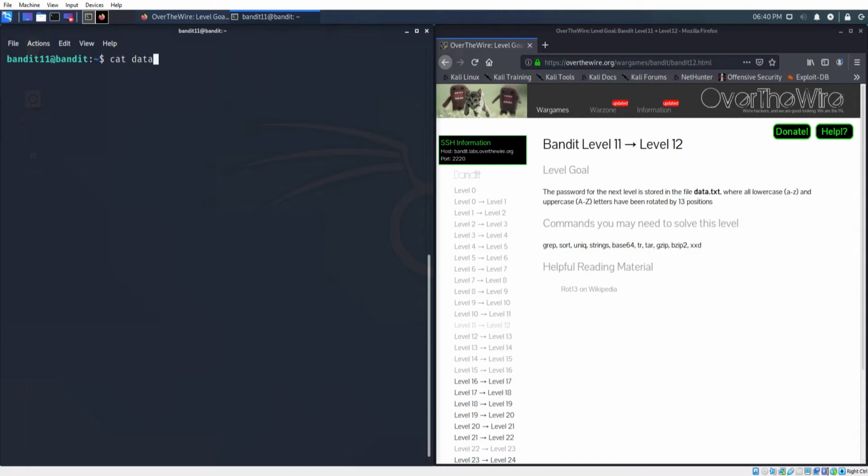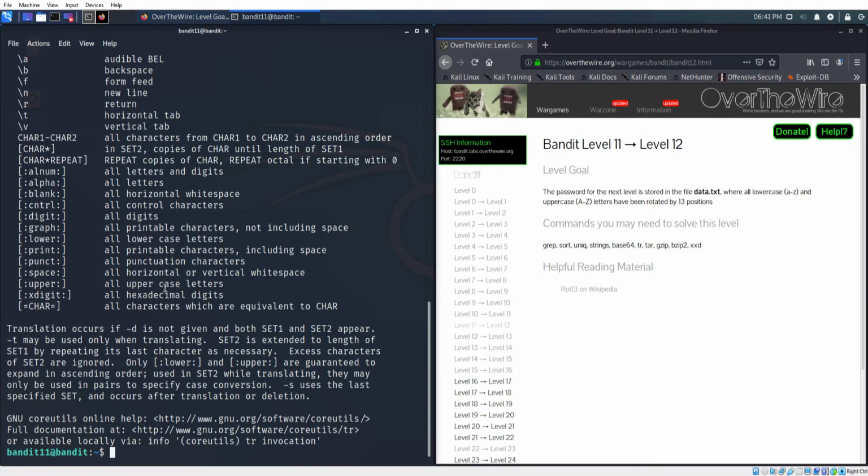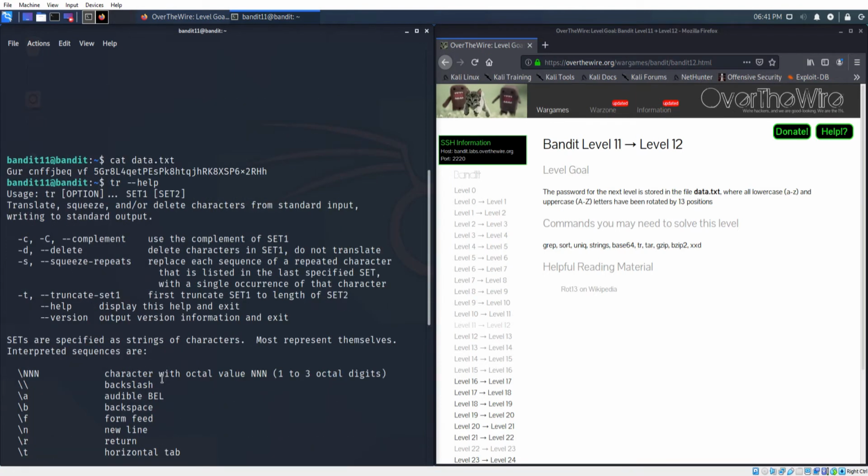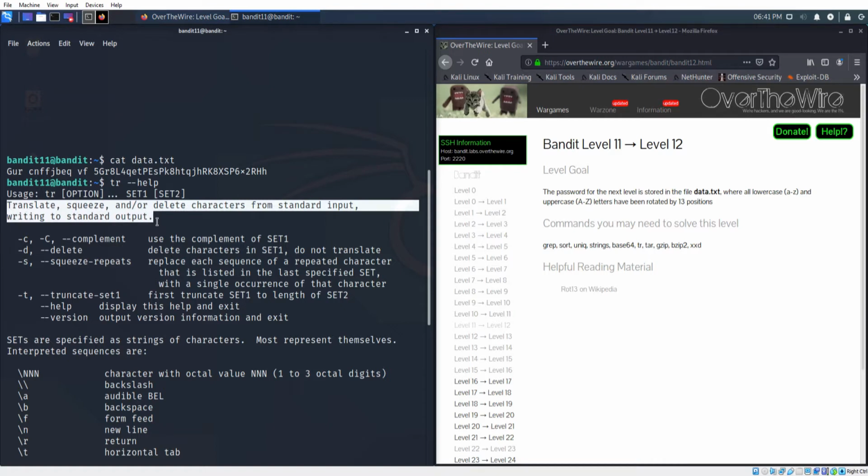Let's start by looking at our data.txt file, and we can see this kind of gibberish. We know from the description of the problem that the password is stored in data where all lowercase and uppercase letters are rotated by 13 positions. To use tr, let's first take a look at the help for this command. And we can see the description that this will translate, squeeze, and/or delete characters from standard input and write